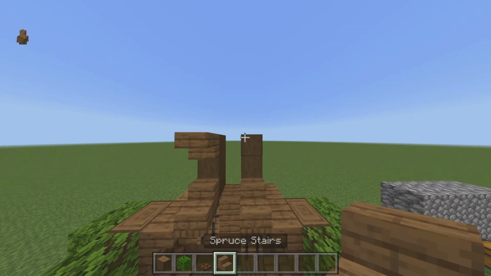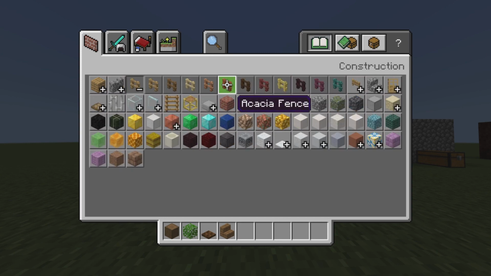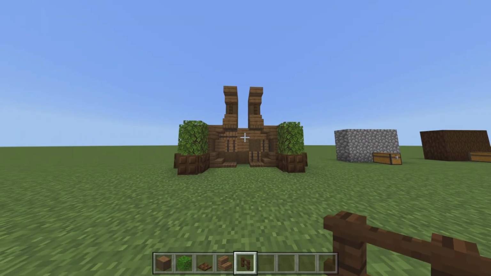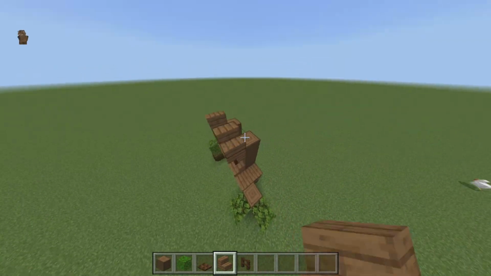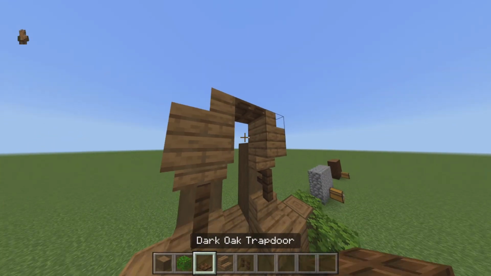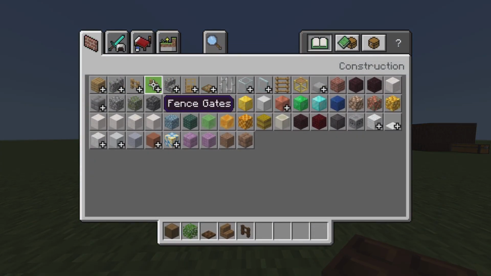Then we go up one more, like so. We'll grab a fence, it can be any type of fence you want. I'm going to use dark oak to add a little bit of colour to it, as you can see, like so. Then we add this spruce stair again, and it depends on what you want to add here. You can add a trapdoor to minimise the room on top being made,